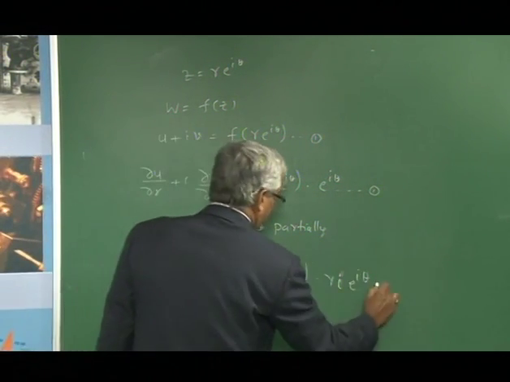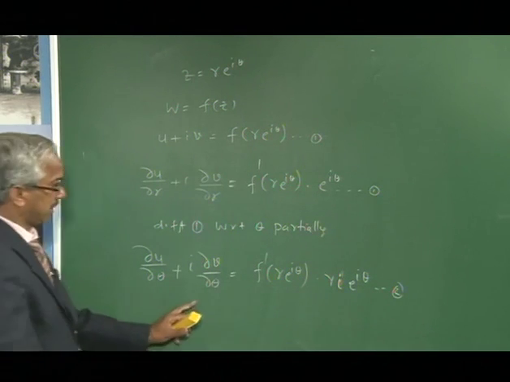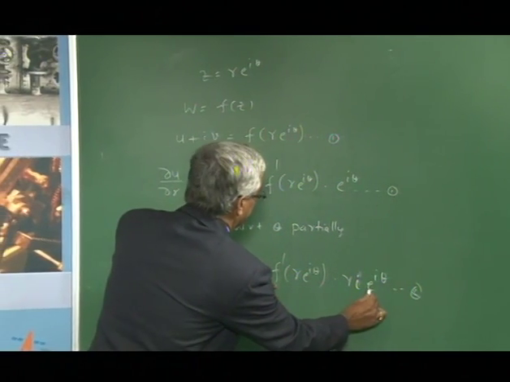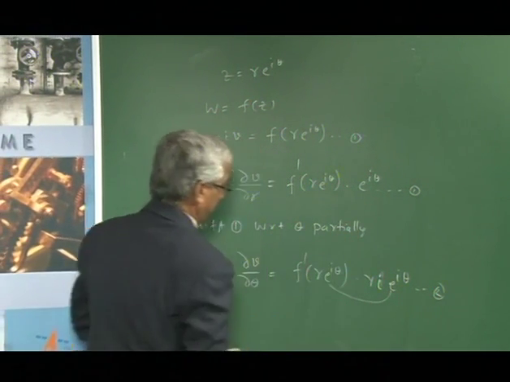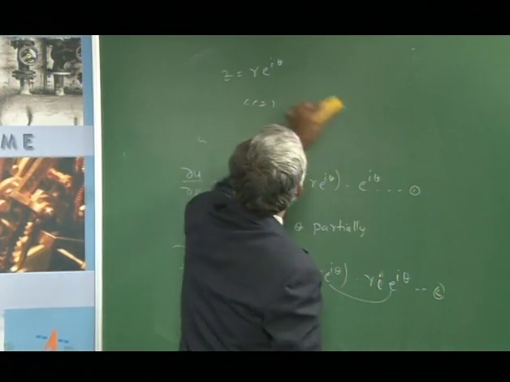This is equation 2. Now from 1 and 2 we have a relation, so using 1 on the RHS of 2,